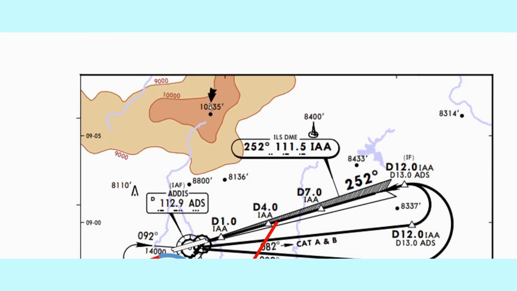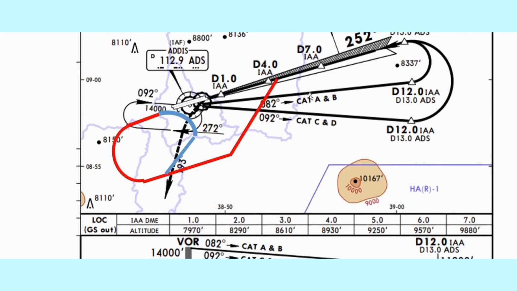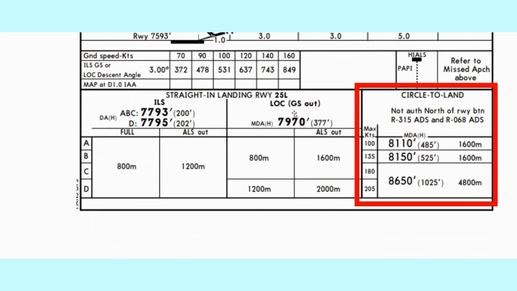For obvious reasons, terrain, you cannot do anything on this side of the airfield due to high terrain. So if you are going to come into runway 25 left, circling maneuver, the first thing you would have done on your barometric altitude setting is to set your circling minimums. Now the circling minimums obviously are the MDAs which you have here, but you have to add 50 feet